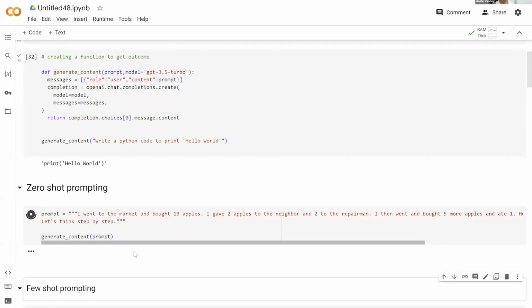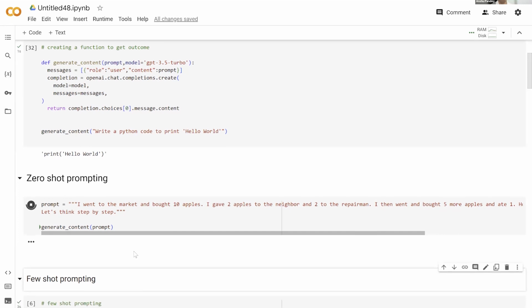So here's an example of zero shot prompting where we are not providing examples of questions and answers to the model. You're just providing a question where you want the model to generate an answer, and you're not guiding the model on what approach to use to answer the question. That's why we call it zero shot prompting, where you don't provide any example or reference, you directly ask questions. In a lot of cases, we all do this. We all go for zero shot prompting, but that's not the most effective approach. It's going to simply use this prompt and generate an answer to this question. Let's wait for that.